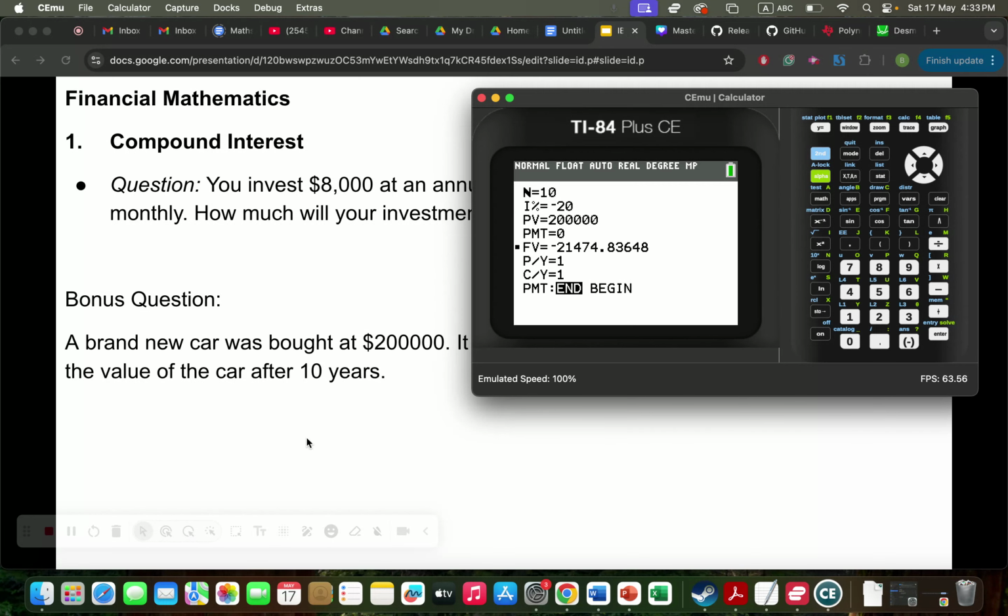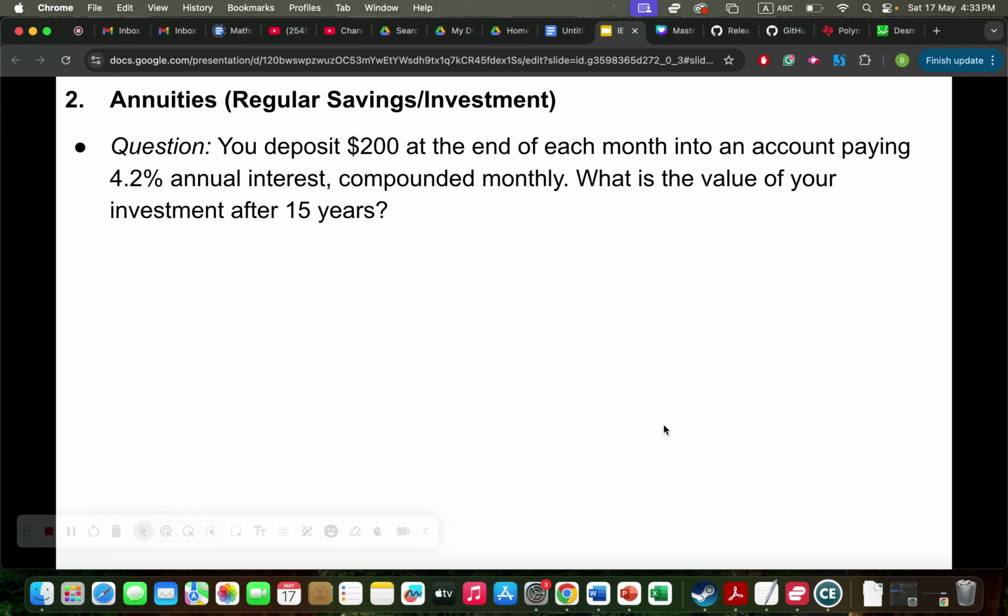Okay, all right, so hopefully this sorts out how to use compound interest with the calculator, which I think is absolutely efficient to use rather than just simply using the formula. You just simply need to know what each of these terms actually mean, and the calculator will do the job for you. Okay, all right, let's move on to the second question, which is about annuities, which is regular savings